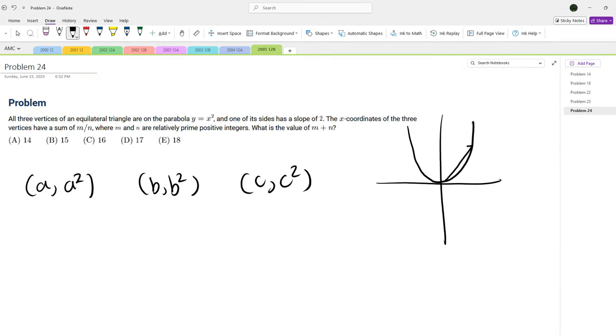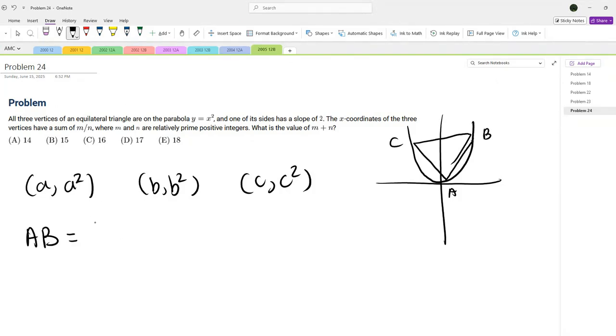It looks something like this because this line would have slope 2. Though this shouldn't be horizontal. Sorry. Anyways, so we know that if this is A, B, and C,